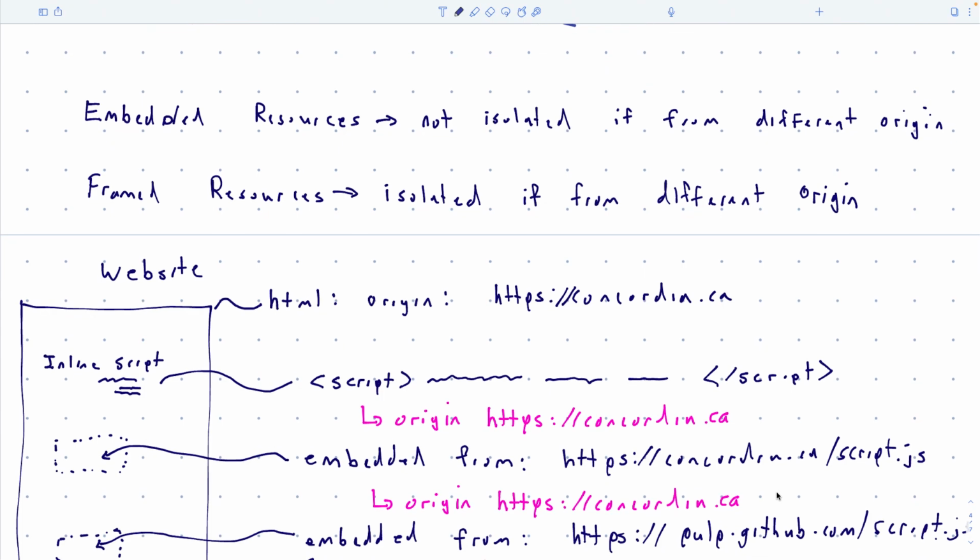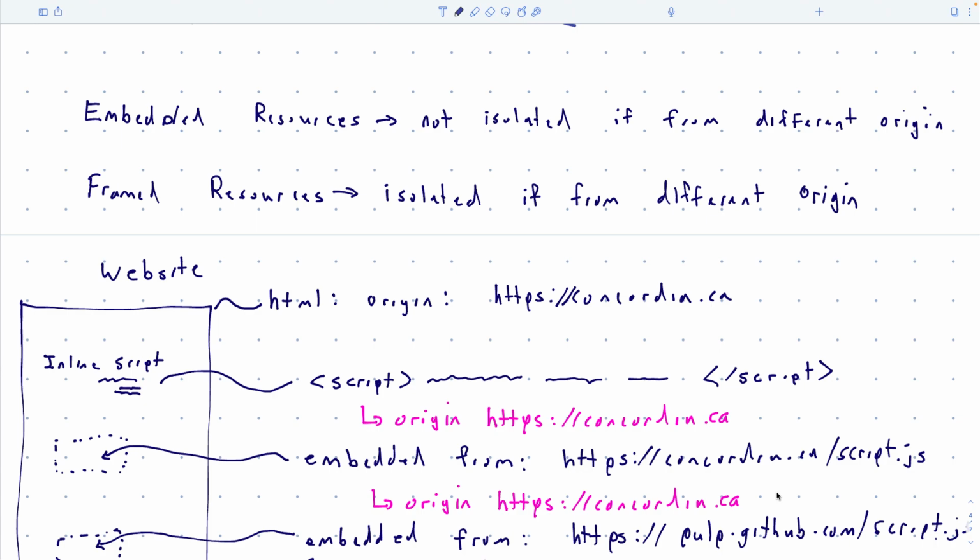Now, a more common example is I'll pull in the JavaScript, but I'm going to pull it in from some other domain. For example, the JavaScript is hosted on GitHub. It's a very common library. Everybody uses it, and so I want to use it on my website as well. So I say, okay, here's the website. Now I want to run some JavaScript, so go over to GitHub and grab this JavaScript file from GitHub.